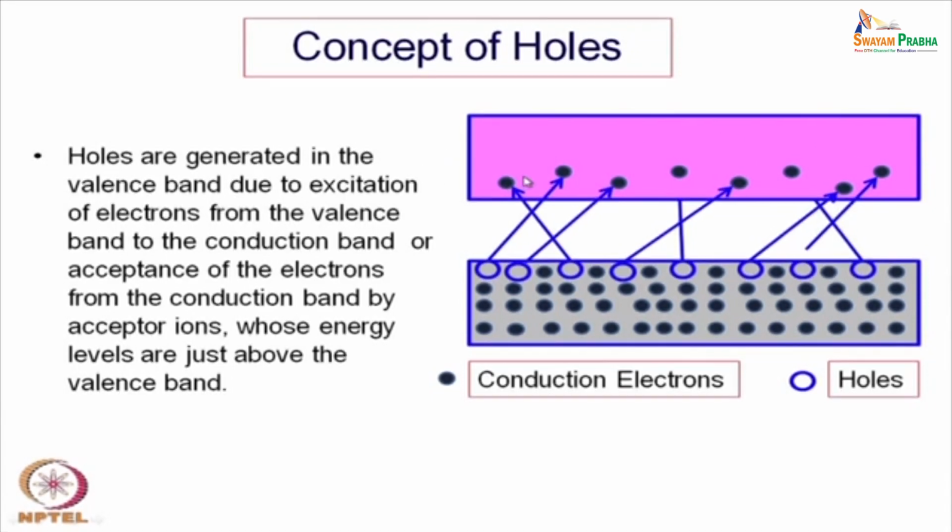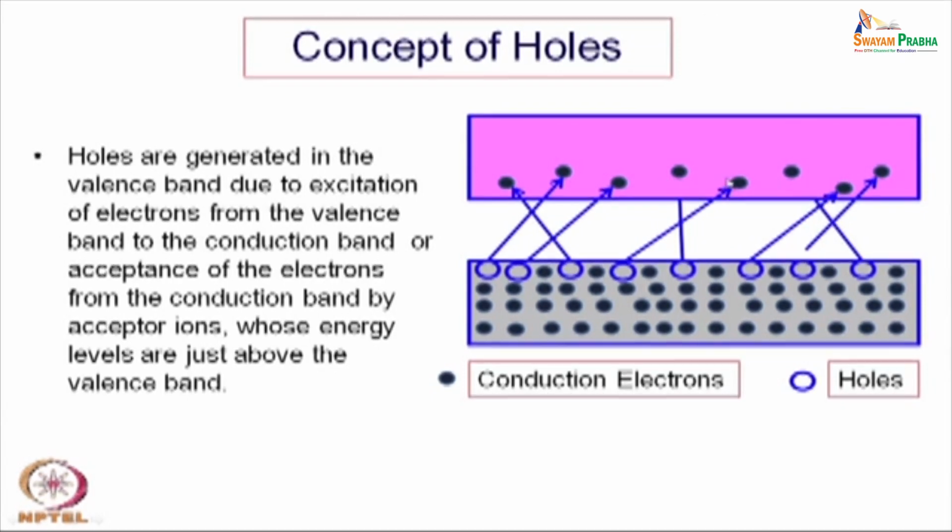In any case, these are electronic charge carriers. So, our attention will be on this. When you are talking about charge carriers here, although electrons are also moving, our attention will not be on the electrons, it will be on the holes. So, we will say the holes are the charge carriers here. Positively charged holes, or the vacancies of the electrons, are the charge carriers rather than the electrons. So, in the valency band, the holes will be the charge carriers with the positive charge, and in the conduction band it is the electrons which will be the charge carriers with the negative charge. So, that is the concept of a hole.